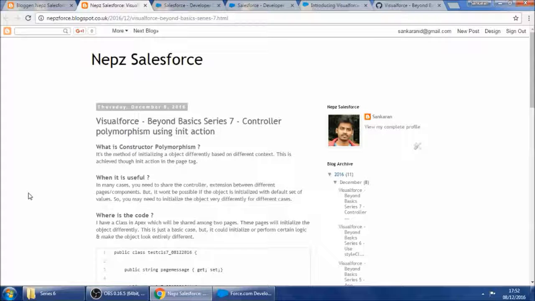Visualforce Beyond Basics Series 7: Controller Polymorphism using init action. When I say controller polymorphism, I mean that the constructor executes only once for an object creation in Apex. So how do you make the object look different for different purposes? Maybe you can use the same class. When I say class, it could be a controller or extension